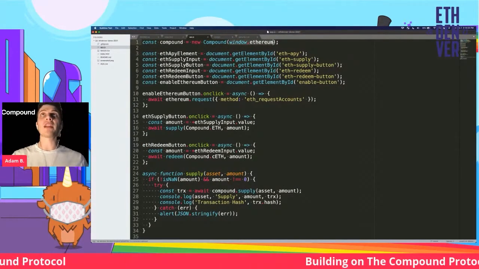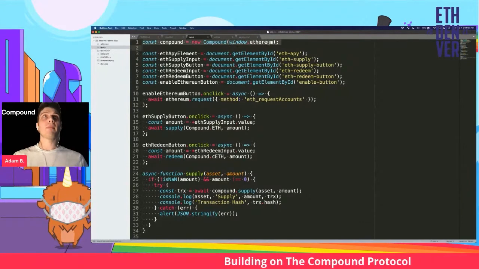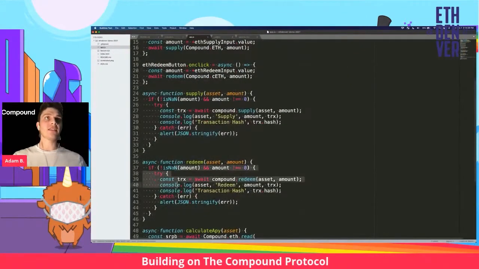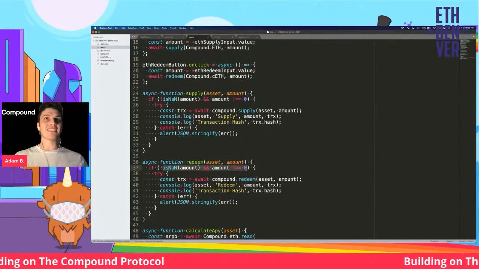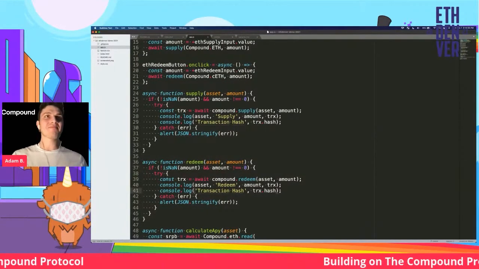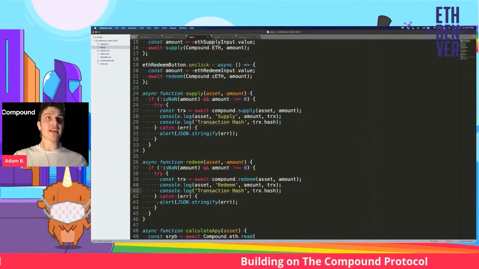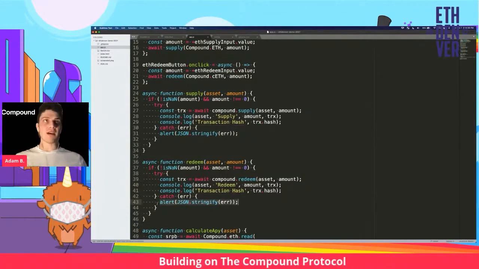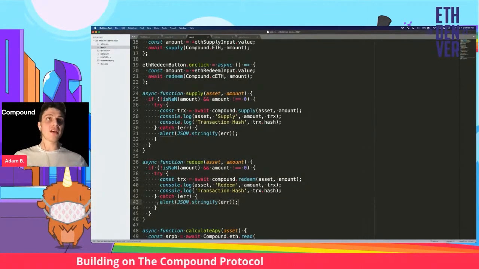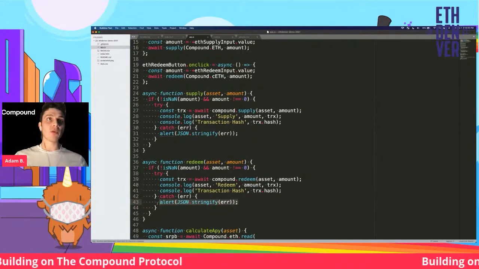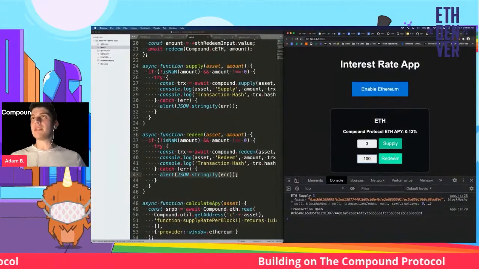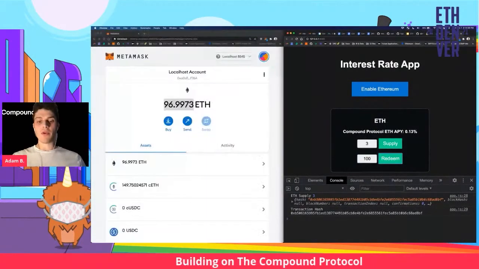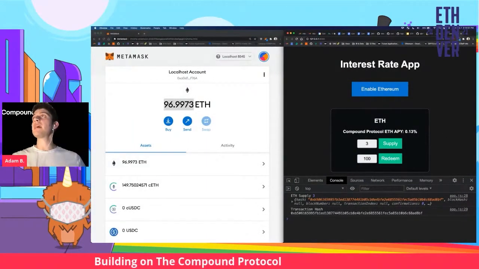So this is the window.ethereum that's provided by MetaMask. But yeah, here's the redeem function. If we have a number, it's not like someone put a letter in the box, then we create the transaction. If somebody messes up and does something wrong, or the request fails, we'll alert the user so they know something went wrong. So I'm going to hit that redeem, and that will give us a MetaMask